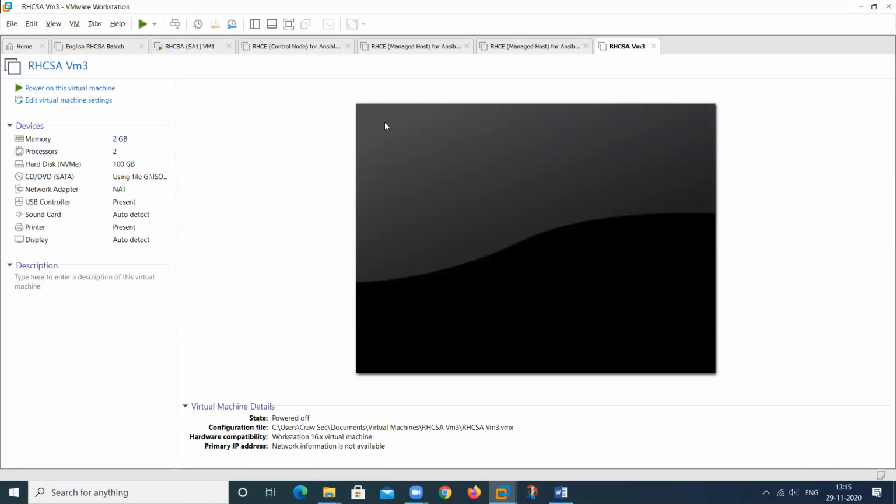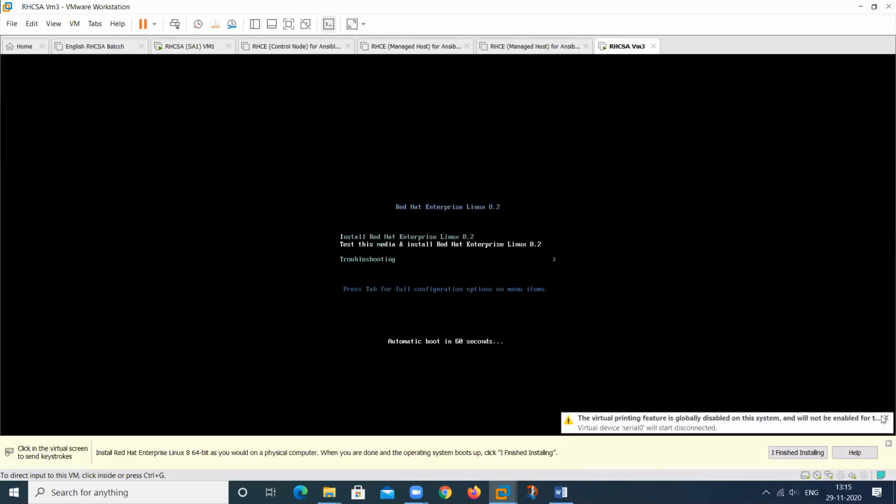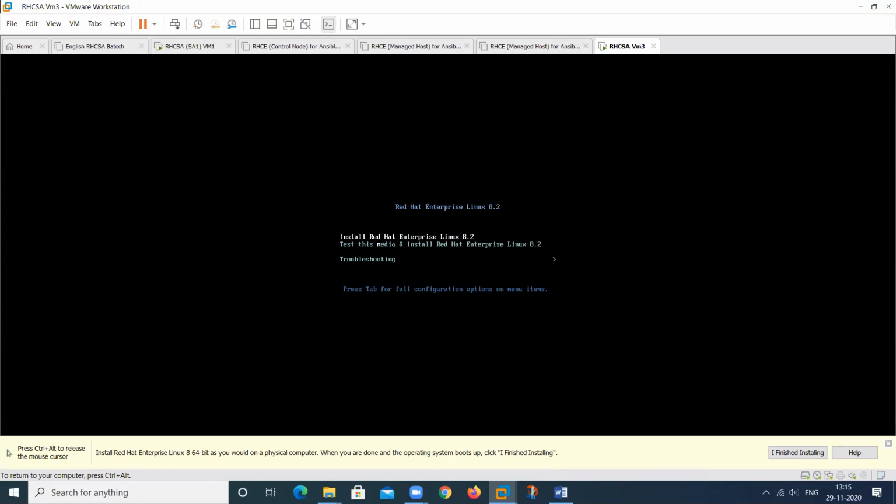After creating this machine, start it. Select only the first option, that is install Red Hat Enterprise Linux.